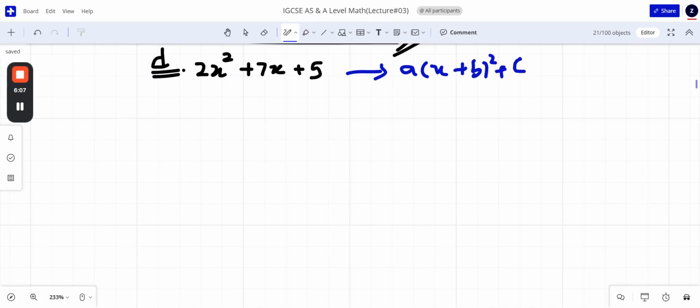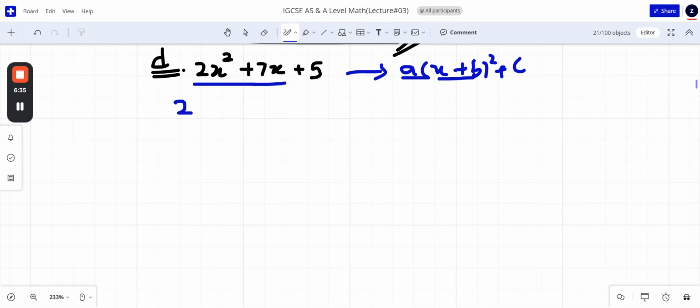This is the required form. It means first we need to take out the coefficient of x square outside, which means we need to take the coefficient of x square common. The second step, we need to make a completing square, right? So at the first step, we will factor out the coefficient of x square from the first two terms.